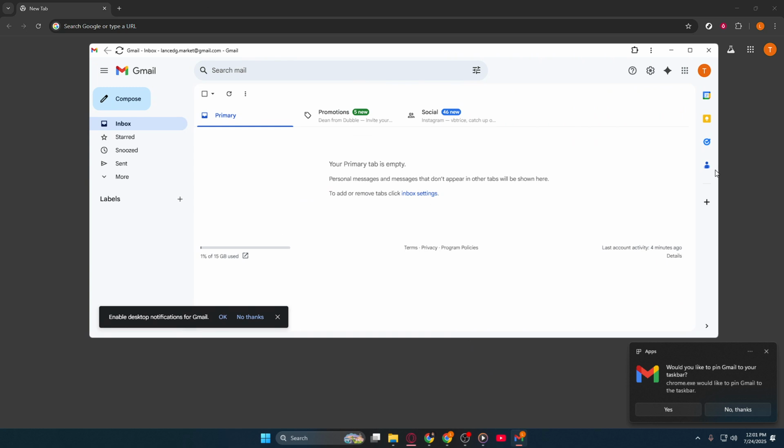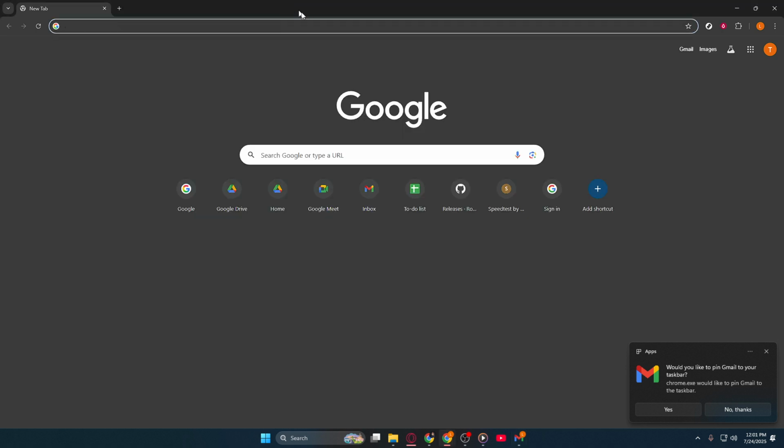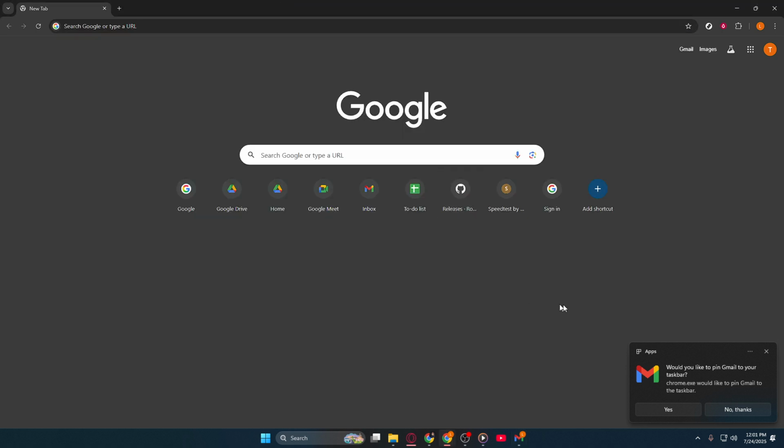Remember, this neat trick is not only limited to Gmail or Google-related pages, you can apply it to any site you wish to access more efficiently. Give it a try with different sites to see how seamless your daily online